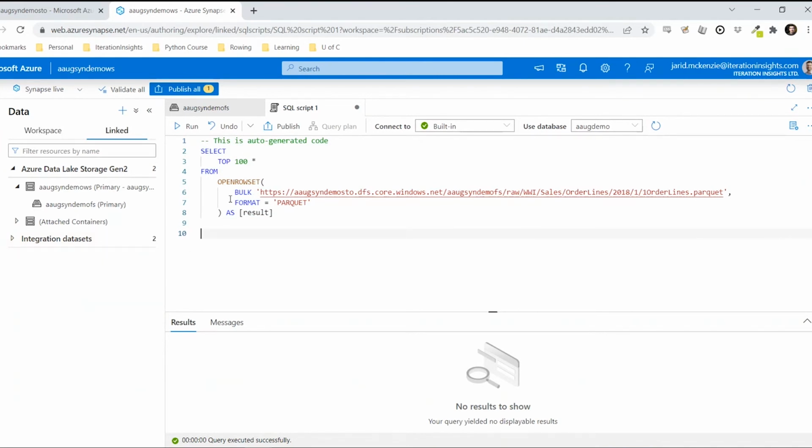If I want to query a file on this serverless database, I have to use that data source, and we'll do something very similar to what we've got there. You'll see data source, enclosed within single quotes. It's given the same name as the data source that I created. And you'll see up here in this bulk operation, this is the relative path to the file that I want to query. And then lastly, I give it the file format. There's a bunch of different file formats that you can connect with: Parquet, Delta, ORC, JSON, CSV. There's a bunch of them up there. Anyways,